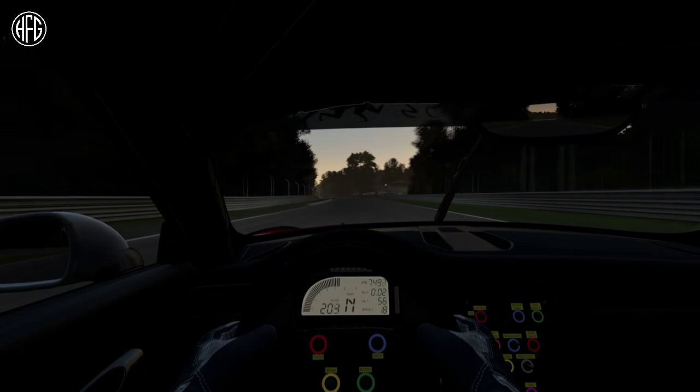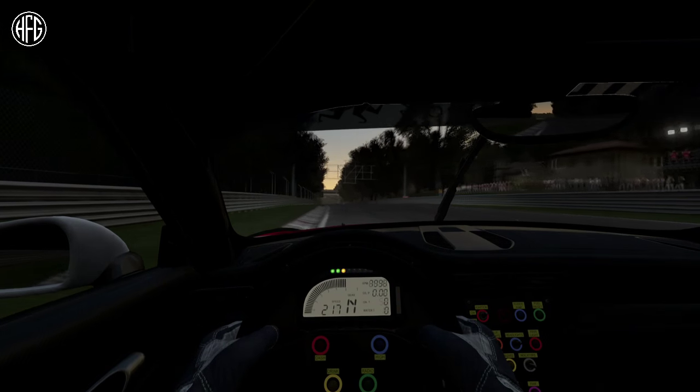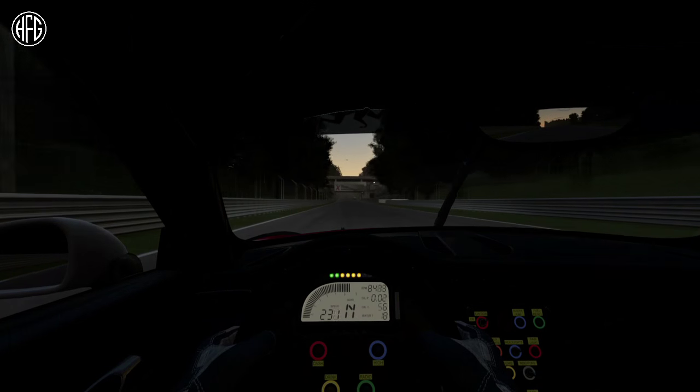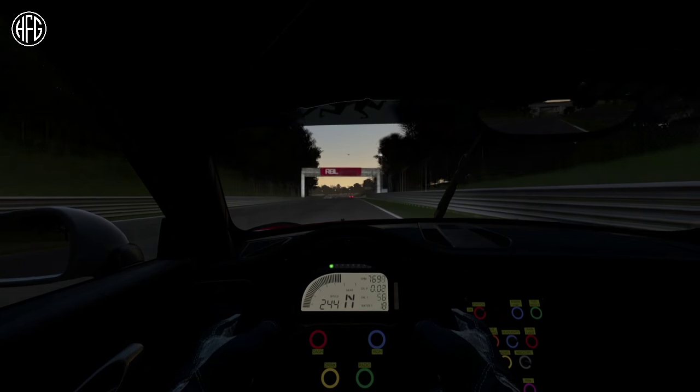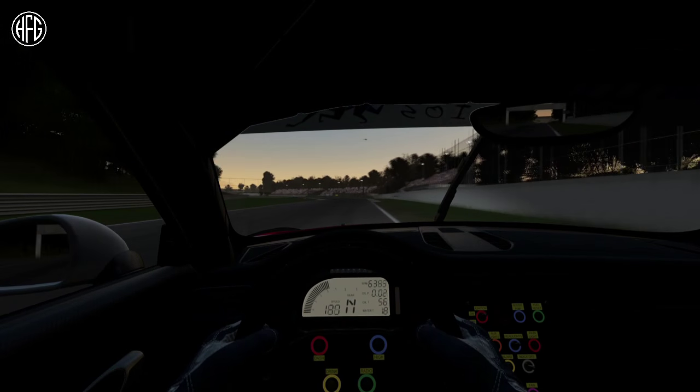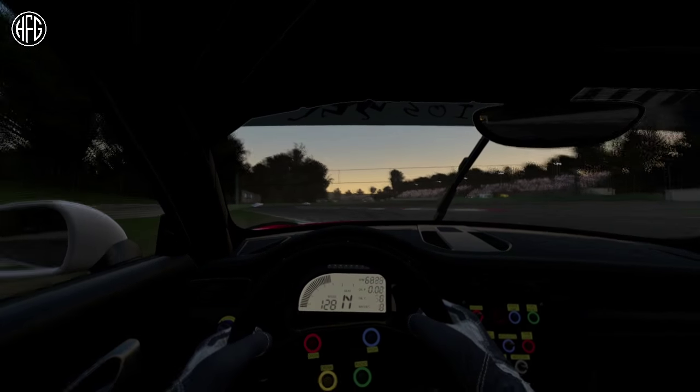This race is taking place at dusk, so it's even harder to see, mainly because the other cars have their lights on, but it doesn't show. I'm sure it's a hardware issue with the PS4. It can't show all of the headlights of all the cars. So